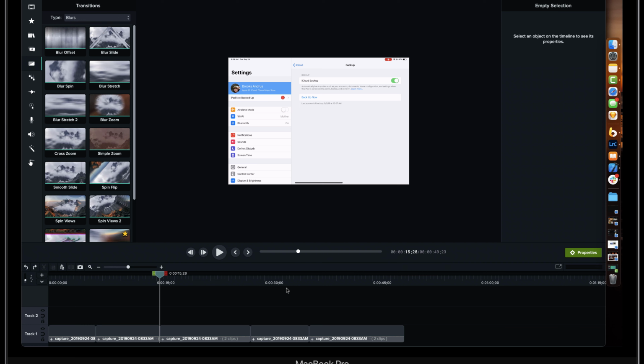All right, recently a user was asking the question about how they could copy and paste a transition. It's currently not possible to Command-C, Command-V a transition that's on the timeline and paste it onto another set of clips. So the first thing to know about a transition, go ahead and add the transition